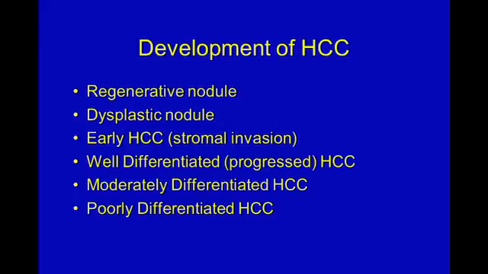So what do we see as HCC develops? Well, it starts along a spectrum of trying to repair. And as we try to repair the liver, it first forms degenerative nodules, and then the nuclei become more abnormal and atypical, and you get a dysplastic nodule. Then later on, you'll get an early hepatocellular carcinoma, and then it becomes a well-differentiated HCC, moderately differentiated, and poorly differentiated. And these are pathologic